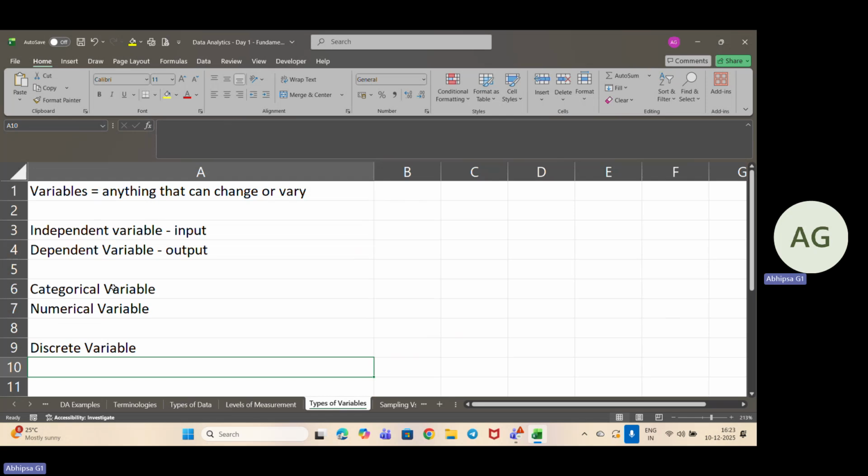Next, we have the continuous variables, that is the measured value, like the decimal points, the ones that we can measure. The values with decimal points are called continuous variables, like the height, weight, temperature. Like the height is 52.6 centimeters, weight is around 45.8 kgs, temperature is 21.5 degrees centigrade. These are all continuous variables. Continuous, that is measurement values. So that can have decimal values as well. That is the continuous variable.